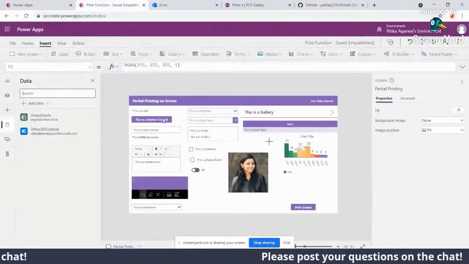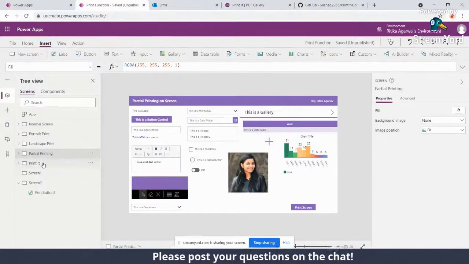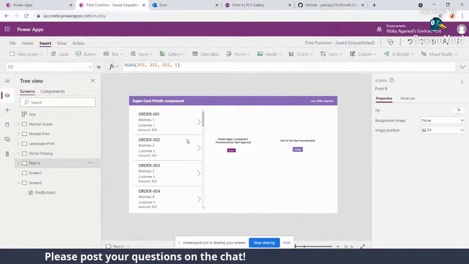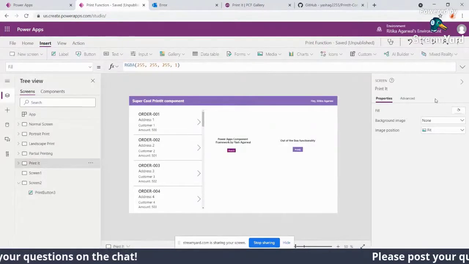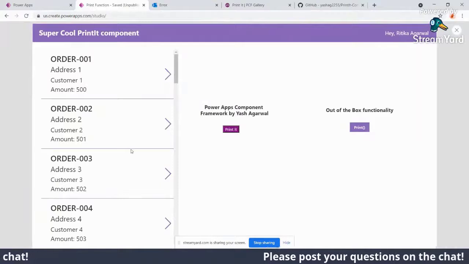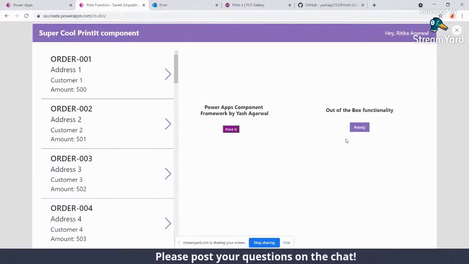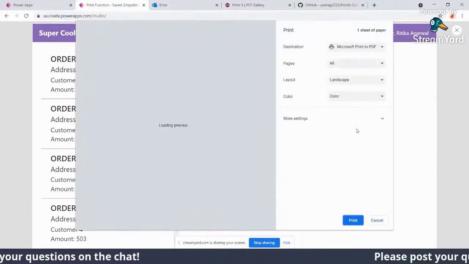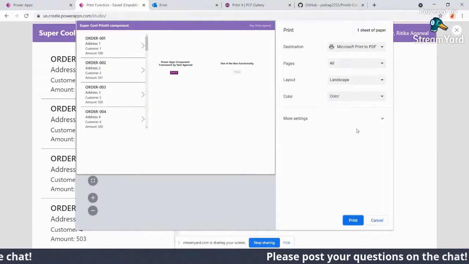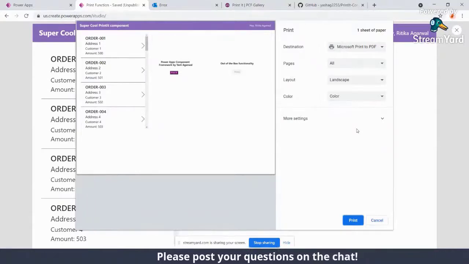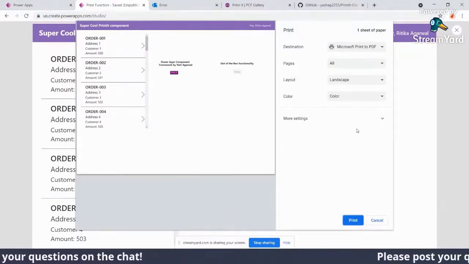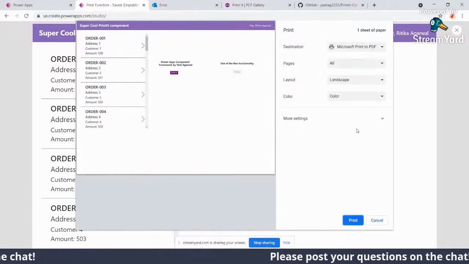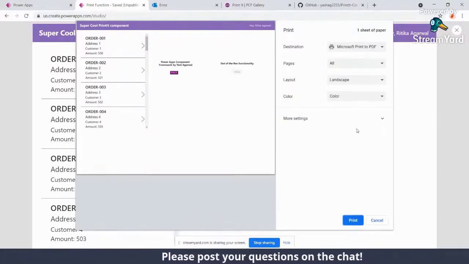So now, what does this component actually do? Maybe I'll switch to this last screen here, the printed one, which I want to demo. And here, if I play this and use the out of the box functionality, then if I print it, it is not going to give me all the things which are available in my gallery. Instead, it will just capture a screenshot of what is actually displaying on the screen. If I scroll the gallery a little bit and let's say I'm not showing the top 3 items, then they won't be there in the print.